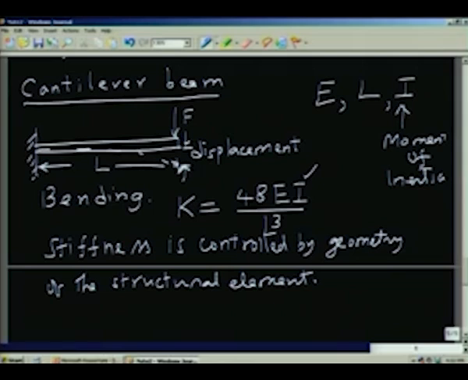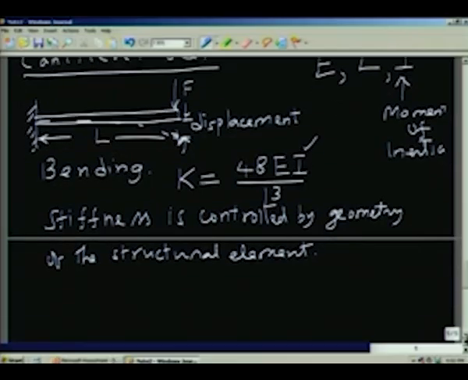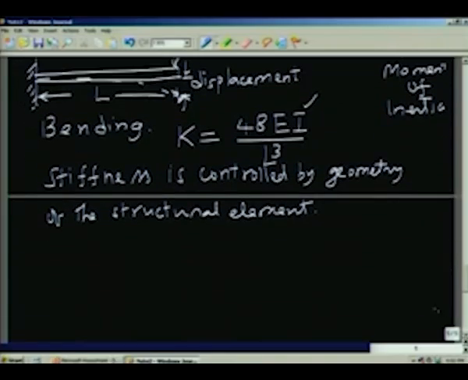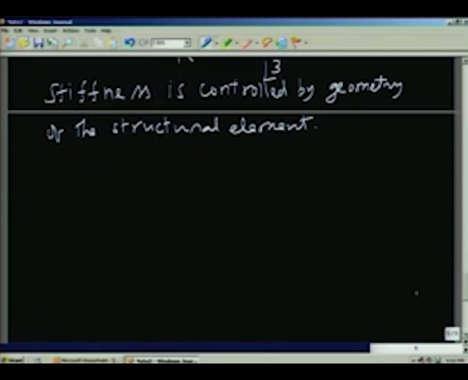So, a cantilever beam can be used. All you have to do is, in the cantilever beam case, the force is determined by F equal to ky, where y is the displacement. So, displacement is going to determine the force. In other words, you can see now for all the examples I have given till now, the effect of the force is to bring about a displacement. So, you can generally say that force creates a displacement,